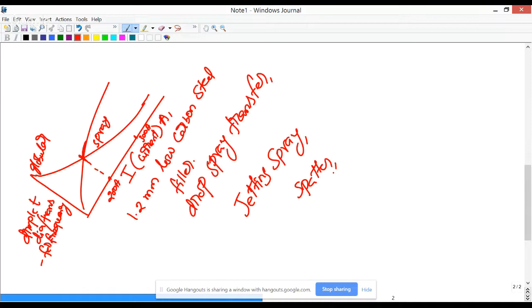And that happens especially when the current is increased to much higher than the spray transition. So when you say that spatter happens, that means that you already have unstable droplet detachment. So you are detaching in a much smaller diameter, and you can't distinguish the individual droplets, and it is like a continuous spray transfer. It is like opening a tap of water. If you open very slowly, you will have a stream of very nice flow. If you open a tap much more, you see a jetting of water sprayed, and then you see a turbulence